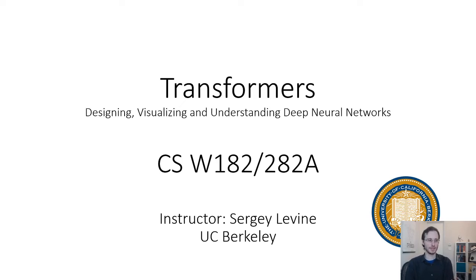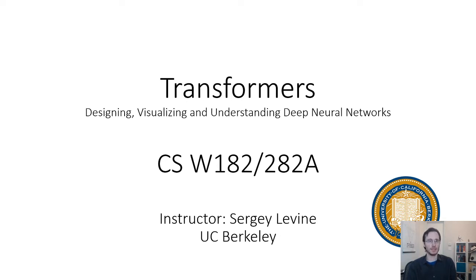All right. At the end of the previous lecture, we talked about how we can build sequence-to-sequence models and improve their ability to handle long-range dependencies by using an attentional mechanism. And the attentional mechanism essentially shortcuts connections between every point in the input sequence and every step of the decoding